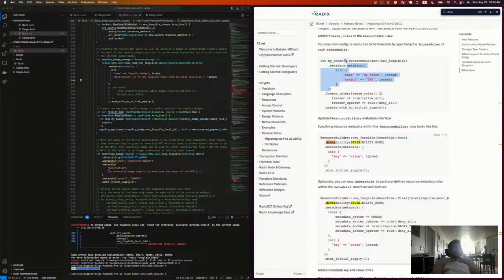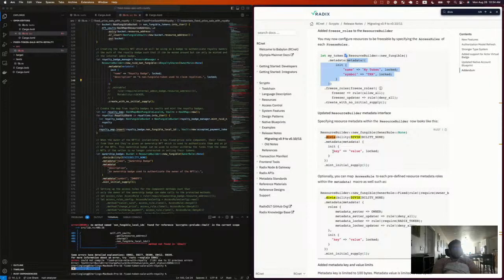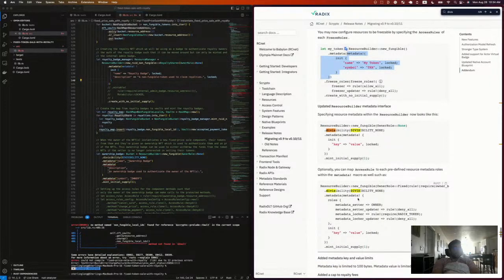I don't know what this lock is. Maybe that you cannot change the metadata. Okay. Access rule. Each predefined resource metadata will metadata after as well. Okay, so